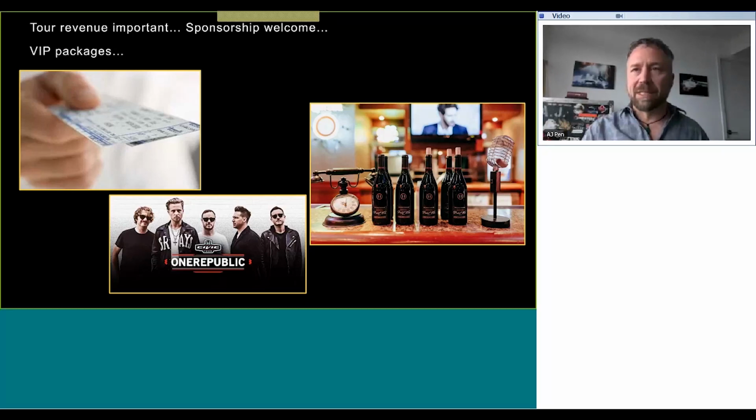Josh Groban has a special set of wines that he's selling as part of his VIP package. That's another revenue stream. And of course, the tickets have gotten ridiculous. We'll see what happens post-COVID when we start doing shows again. But spending $750 to get a bowl seat for Justin Timberlake, I mean, that's how you reap the money for giving away your music for free. The live performance has now become a commodity.